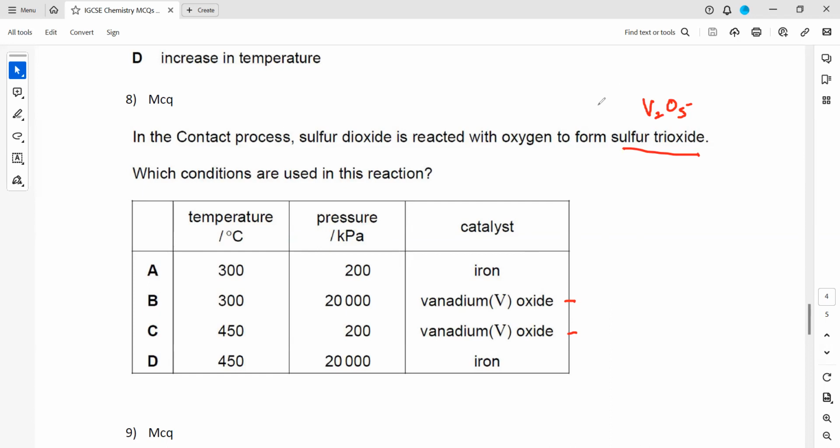Then at what temperature is it done? It is done at 450 degrees centigrade. This is a fixed reaction condition. And what about the pressure? The pressure is about